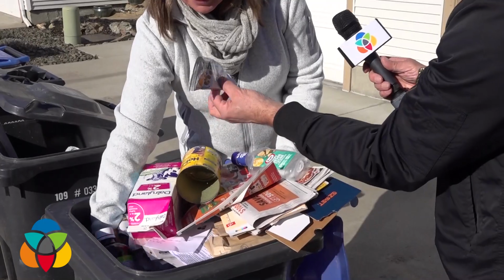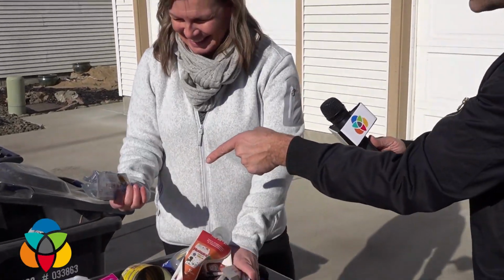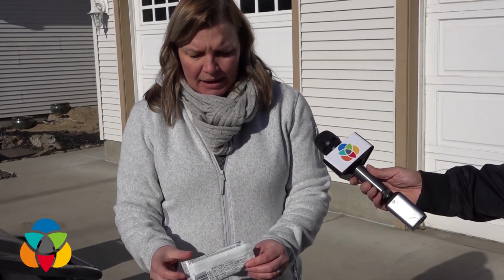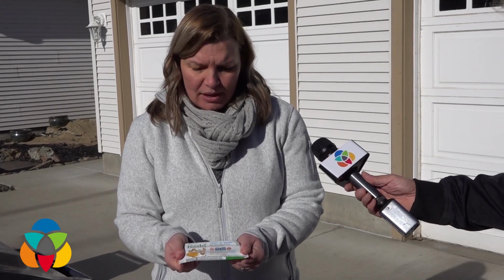We've got a milk jug. But this here, that would be a violation. Explain. Yeah, so this is what's called other flexible packaging. This is actually still recyclable, but it is a depot-only item, so they do have to take that to a